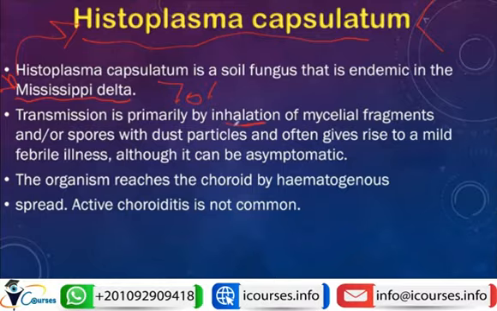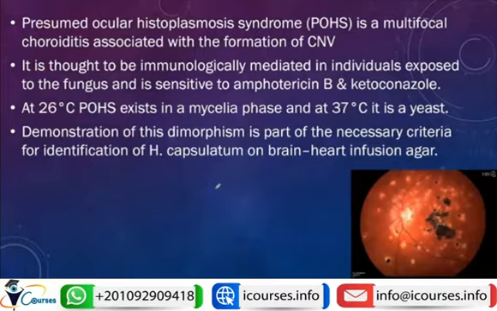So the mycelia or the spores are inhaled, leading to mild febrile illness, or sometimes it can be asymptomatic. So how can the eye be affected? Well, when the organism reaches the blood, then it can reach the choroid. So can it cause active choroiditis? The answer is no. It is not common to cause active choroiditis. So how can it affect the eye? Usually by immune response, meaning that